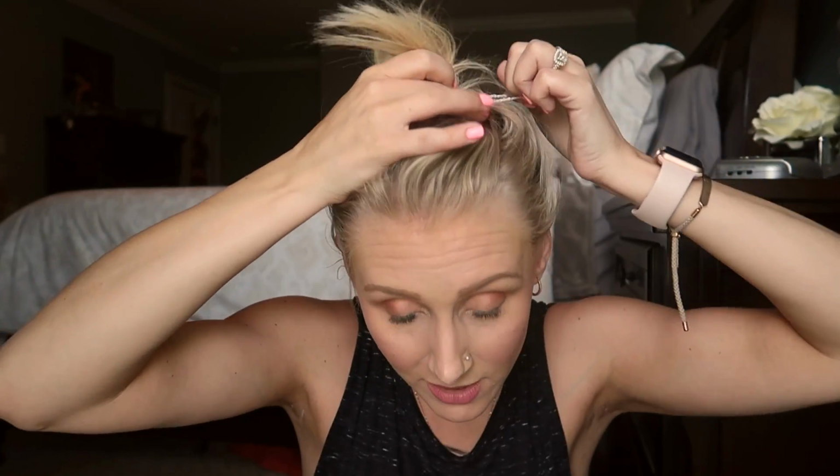Just half, and then twist and go over, and then twist one more time, and don't twist until it's as tight as it'll go because you don't want it to be too tight. Now start very gently pulling it tight down to your head and pulling out a little bit to give your bun some volume. And then you want to go in and pull out the top and the sides to give it some volume, and then